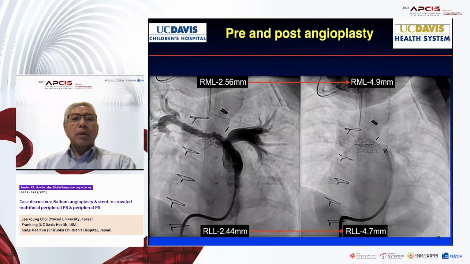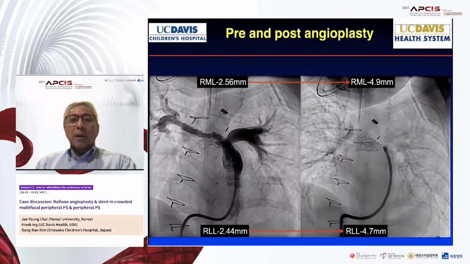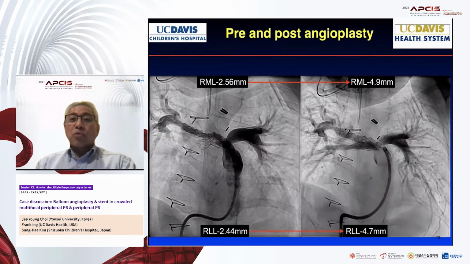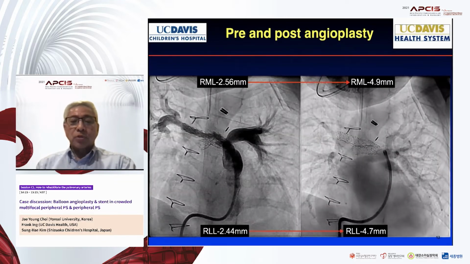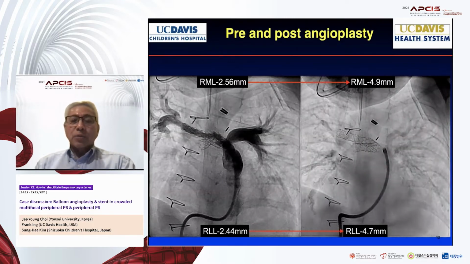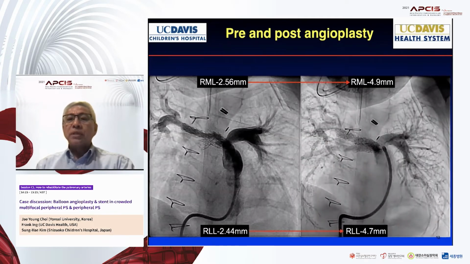Can you tell me what kind of high pressure balloon you use? You know, I use all kinds of balloons. I like to use the Dorados because they can go up to 18 atmospheric pressures. On the larger size, we use the Atlas Gold and the Vita balloons, but usually in the small vessels, the